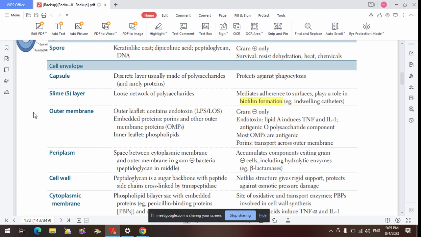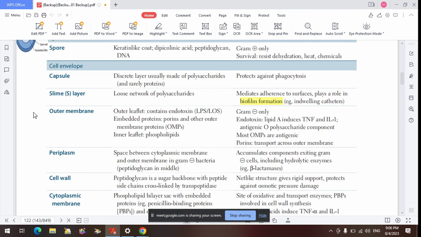Neisseria is the one that contains the LOS. Other ones contain LPS. E. coli, Klebsiella, Citrobacter, and all those ones, it is LPS. But Neisseria is LOS. Very important. What is the composition of that LPS? What is the individual subunit? It's made up of lipid A, O polysaccharide, or O oligosaccharide depending on whether it's LPS or LOS, and the O antigen. Forget about the O antigen and the O polysaccharide. The one that you need to remember is lipid A,